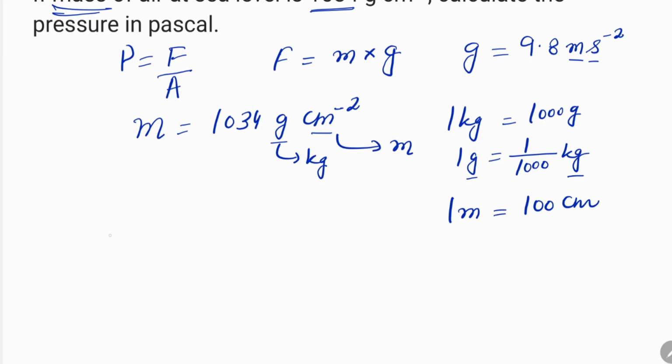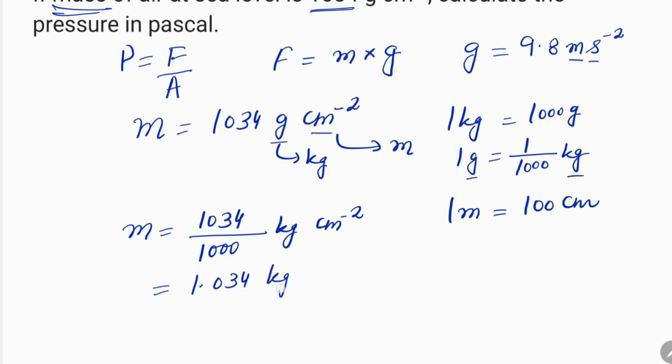Let's do it. First we convert gram into kilogram. So mass, which is 1034, divided by 1000, will be converted into kilogram per centimeter square, which comes out to be 1.034 kilogram